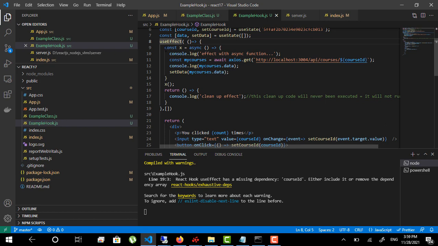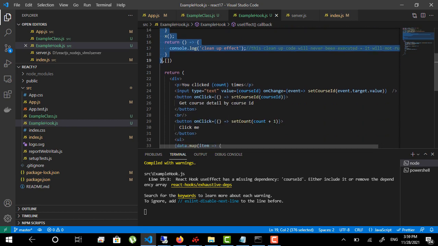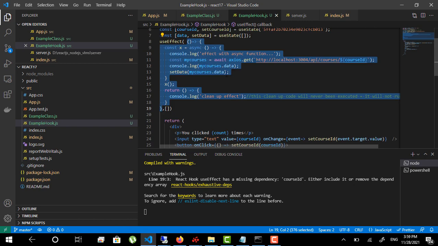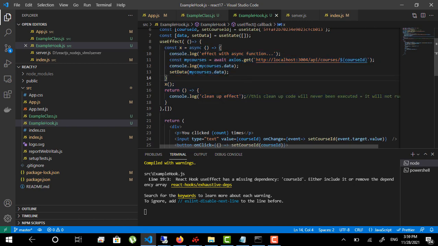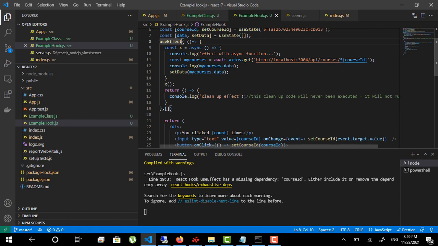So this callback function in useEffect will run only one time when my component is first rendered. To make this callback function run multiple times when the course ID parameter changes, I need to change the second parameter of useEffect